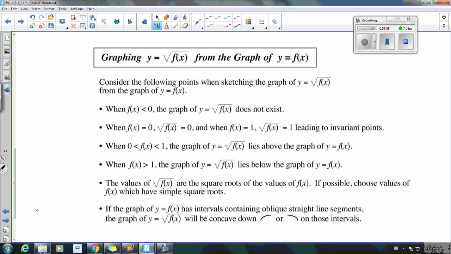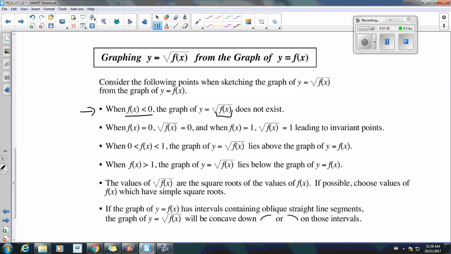So this is a continuation of the summary here. So what are our rules here? When we're graphing the square root function, in a way we're considering this a transformation now. We are changing a function we're given by taking the square root of it. So the very first thing we always need to remember is when our original function f of x is less than 0, the graph of y equals square root of f of x does not exist. Well, why is this? We know we cannot take the square root of negative numbers. So where f of x has negative y values, or negative outputs, we cannot square root them,